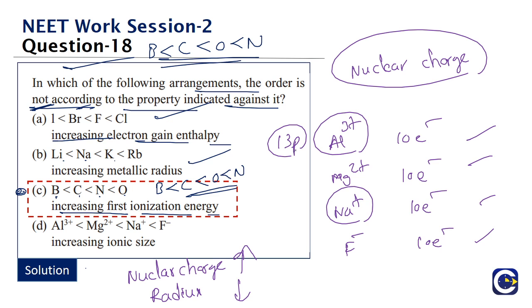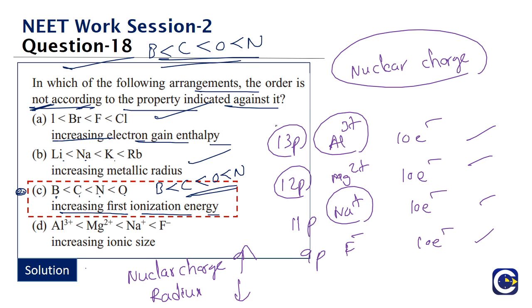The ions will only have a difference in terms of the number of electrons, but the protons of the ion will be the same as the protons of the respective element, because nothing is happening to the nucleus. Aluminum has 13 protons, so Al3+ also has 13 protons. Magnesium has 12 protons, sodium has 11 protons, and fluorine has 9 protons.